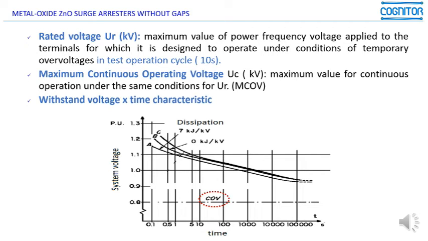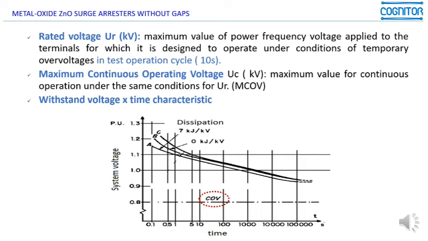And we have here some terms we use in surge arrestor specification. Rated voltage. Rated voltage for a surge arrestor is not the rated voltage of the system, the maximum voltage as for isolators or a circuit breaker. Rated voltage of the surge arrestor is some value quite higher than these ones, because these are the values that the surge arrestor should support without discharging.